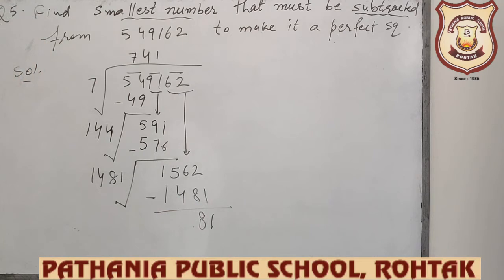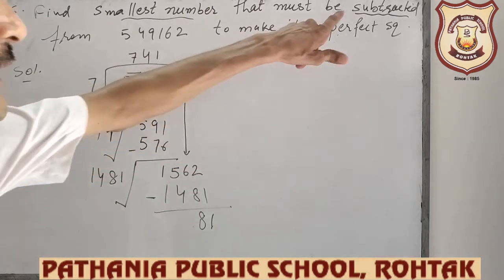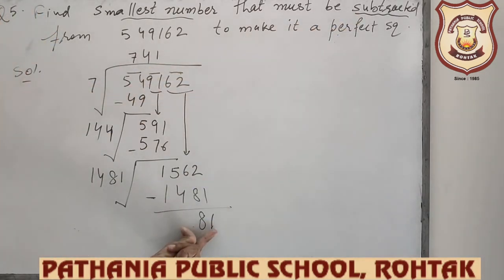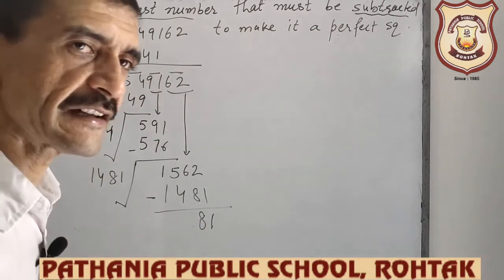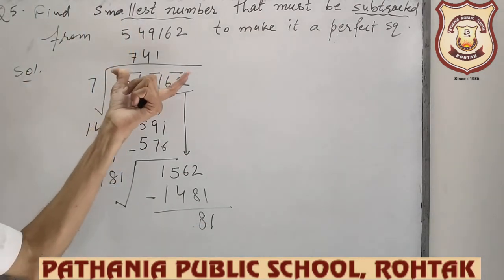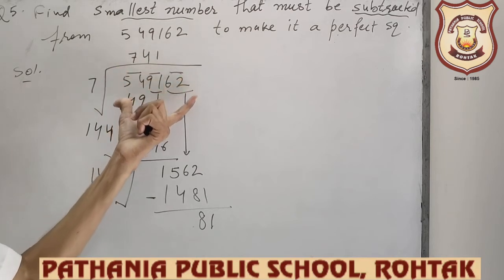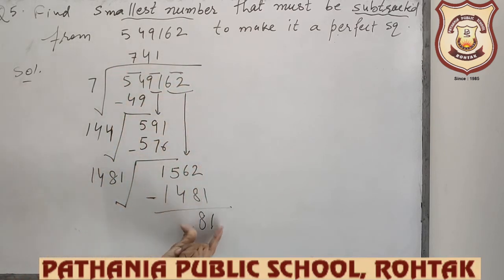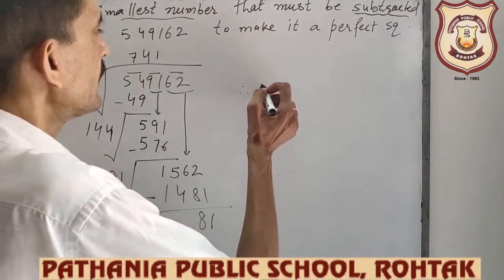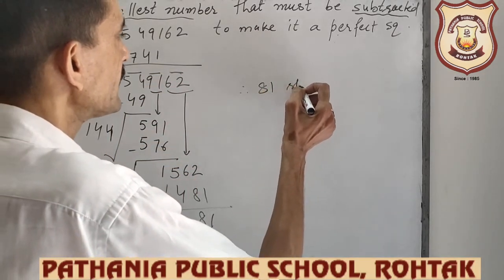Remainder 0 will not come, because it is not a perfect square. 5,49,162 is not a perfect square. Now whenever the question is like this, what must be subtracted, so this number should be subtracted. Whatever is the remainder when we find the square root of the given number by using the long division method, that is the remainder, so therefore 81 should be